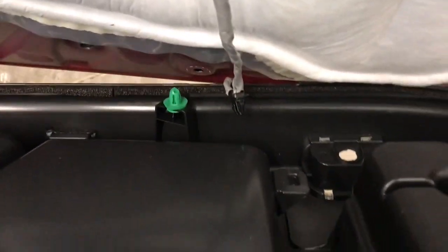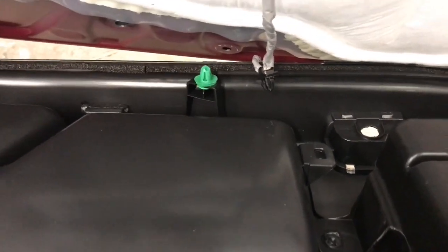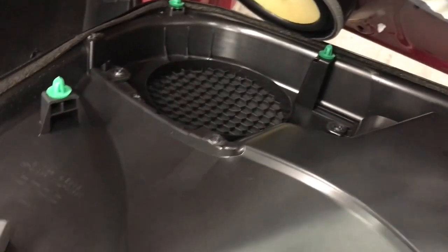And these clips here, those are what holds the door panel to the door, and those are reusable as long as they don't break. 99% of the time they don't break, but if they do,